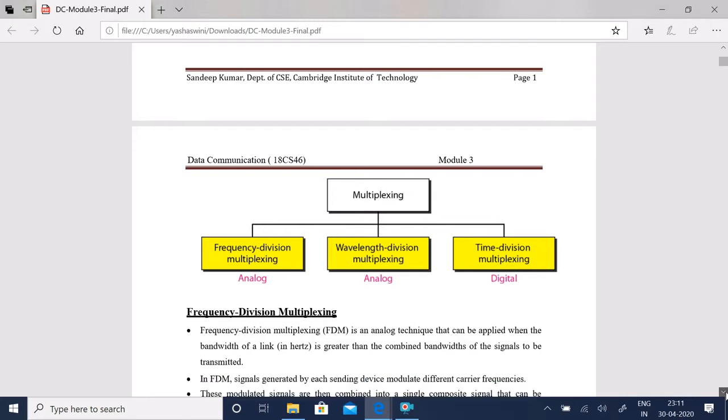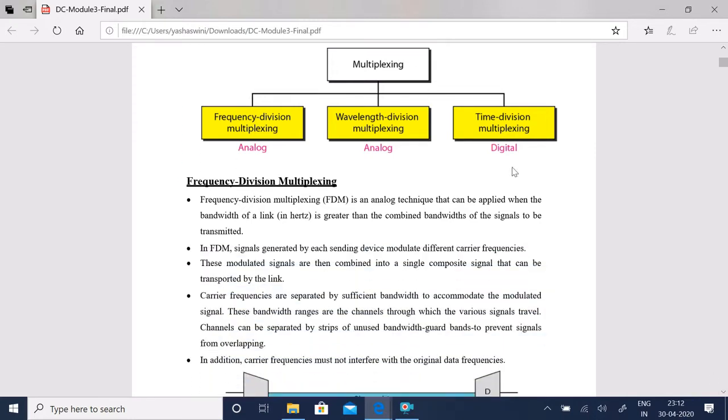What is frequency division multiplexing? What do you mean by an analog signal and a digital signal? Whenever a signal is a sinusoidal wave, that is, it has a particular frequency and amplitude with respect to time, you call that type of transmission an analog signal. To understand it in a simple way, your analog signal can be your sinusoidal wave. Frequency division multiplexing and wavelength division multiplexing are part of analog signals where each bandwidth link is measured in hertz. Frequency is always measured in hertz.